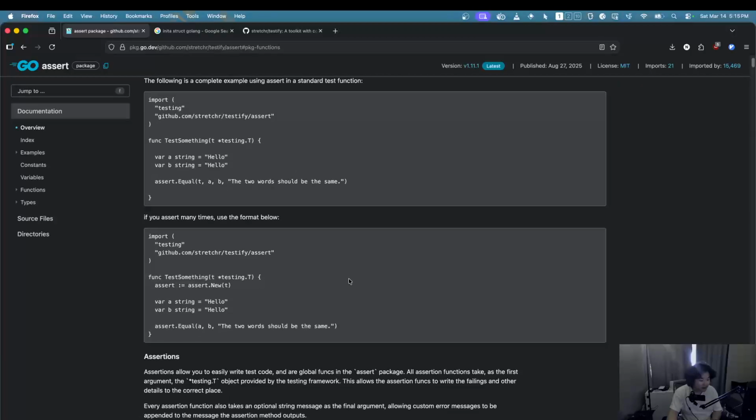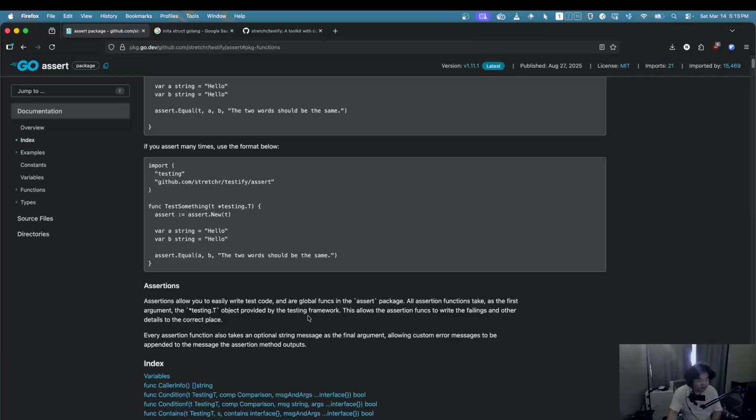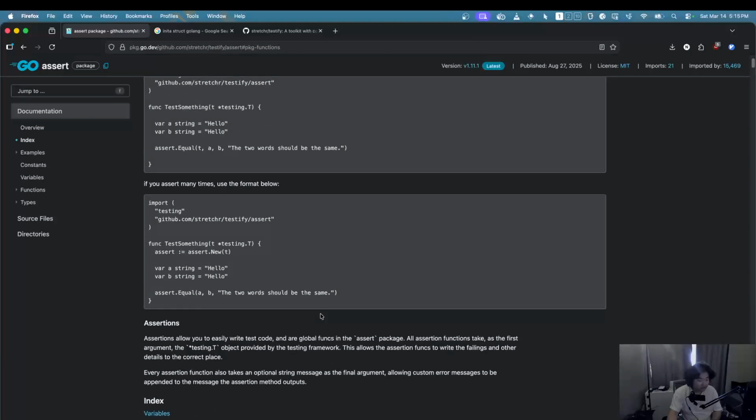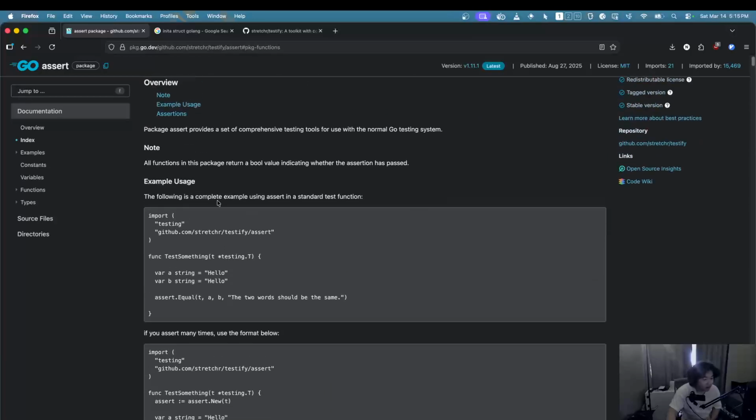Wait, what's the difference between? What is the difference between assert dot new? Okay. Using assert in a standard test function.